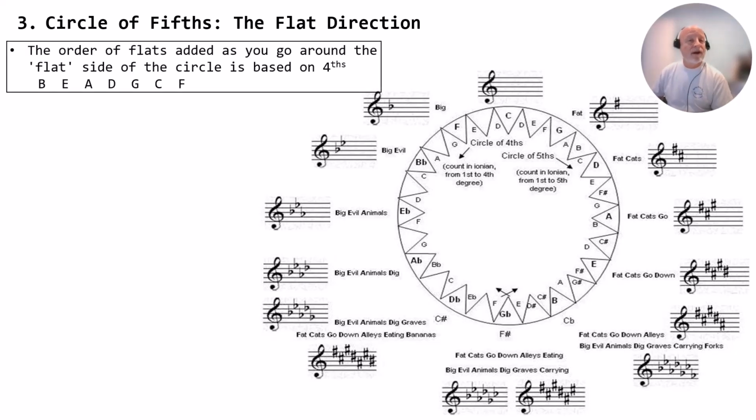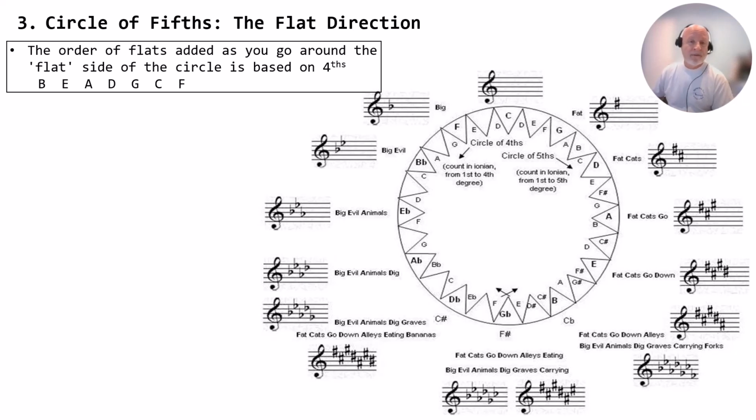Now we're going to look at the flat direction of the circle of fifths. You can see on the circle there, I have the circle of fifths. There's an arrow pointing in the clockwise direction, and then I have another arrow pointing in the counterclockwise direction. So the order of the flats as you go around that side, the flat side of the circle, is based